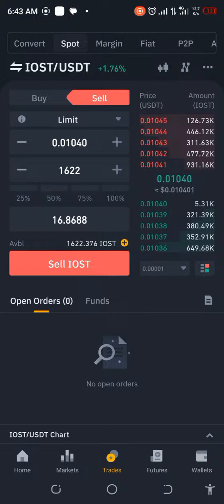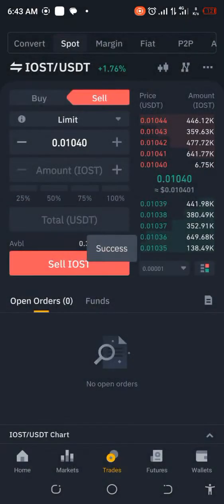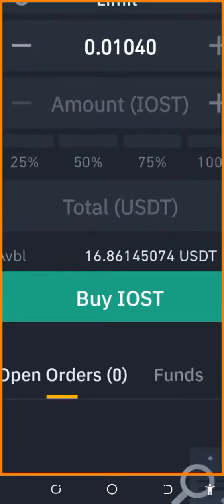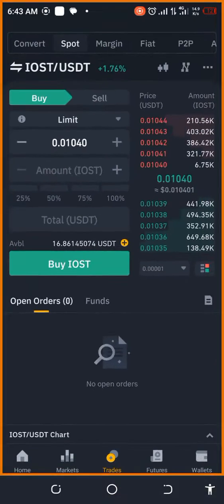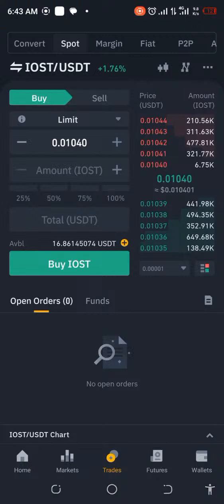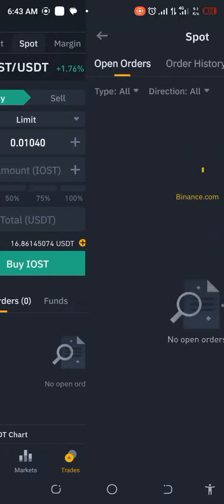Let's check what that is. It's 86. So let's go ahead and click on sell. Oh, perfect. So it gave us success. Let's go ahead and see how much we were able to get. Did we make any money here? Perfect. We did. We actually did. So let's check what we did in the trade history, just to see